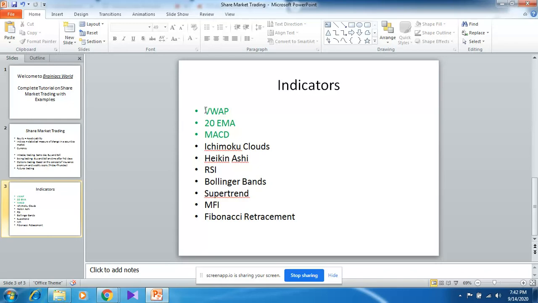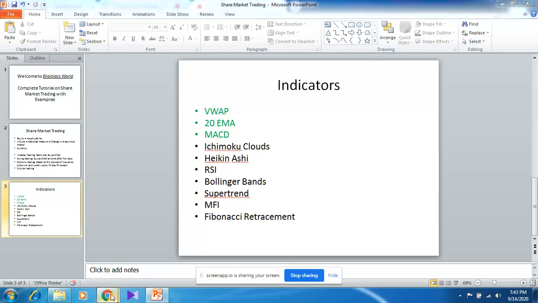So you have to do this for at least 2 months until you master the trading. Then only start doing swing trading and intraday trading. Don't directly jump to options trading. I would first suggest you to understand all these indicators and finally Fibonacci retracement. It is the most wonderful indicator of all.